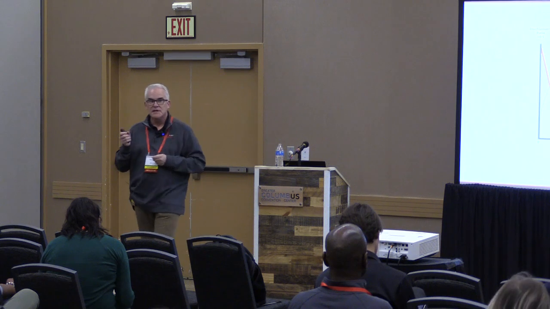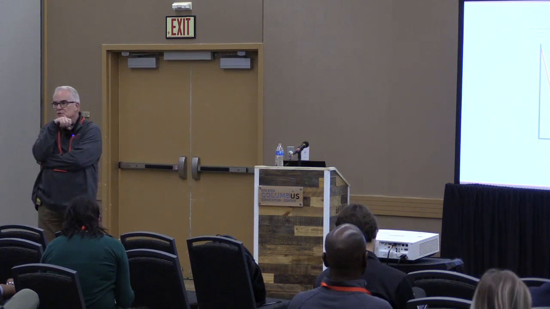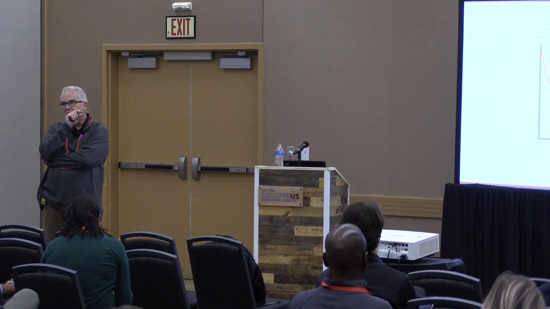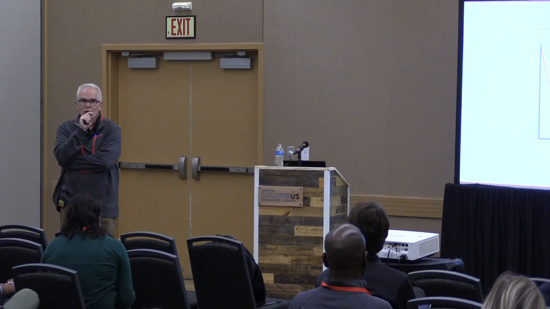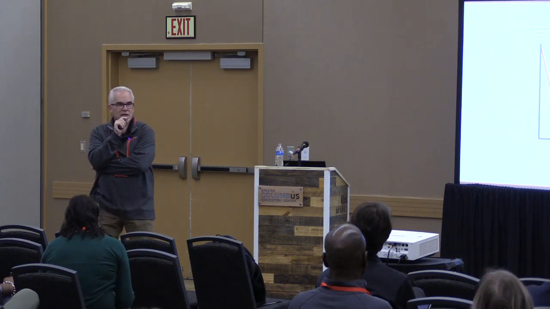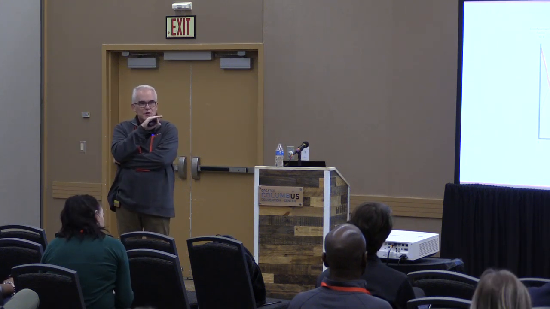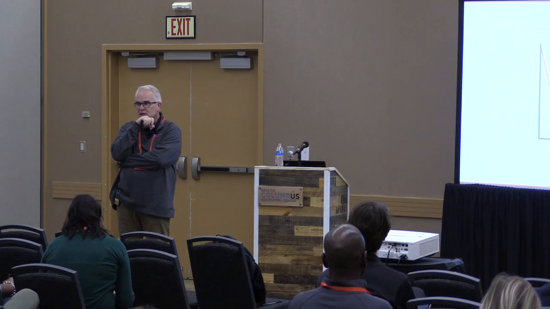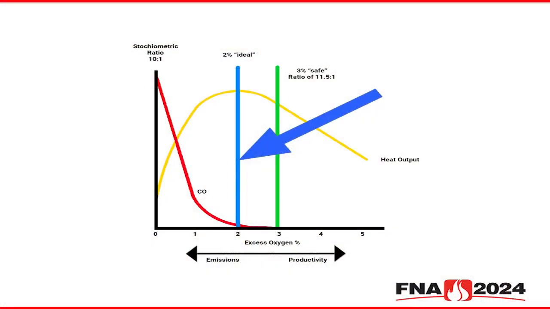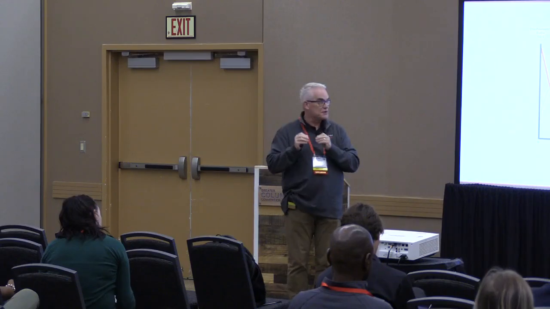However, when you're running your furnace at 2%, it doesn't take much that it starts to leak into the 1.9, the 1.8, the 1.7, because there's a reasonable chance you're probably not tuning each burner every day. And so we say, again, from our years of being furnace tuning guys, that you want to be here, what we call safe, so when it does drift around, you never get into that danger zone.